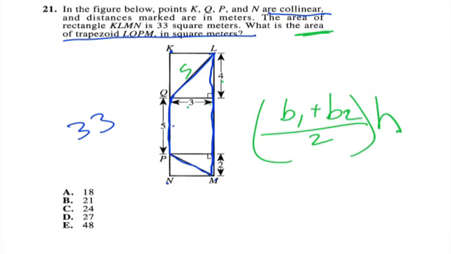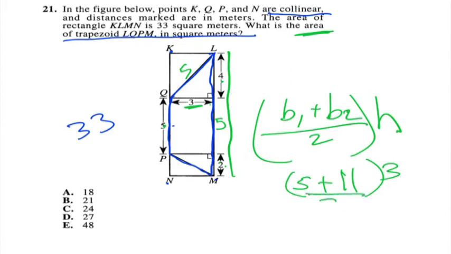Well, we actually see that my height is going to be a 3. My base 1 is this long base, which, even though I have a 4 and a 2 here, I have a 5 over here. Well, that 5 would actually go here as well. So 2 and 5 is 7, and 4 is 11. So I'm going to have an 11 plus the other side was 5, all over 2 times 3. So in this case, I get a 16 over 2, which is 8, times 3 is 24, making C the